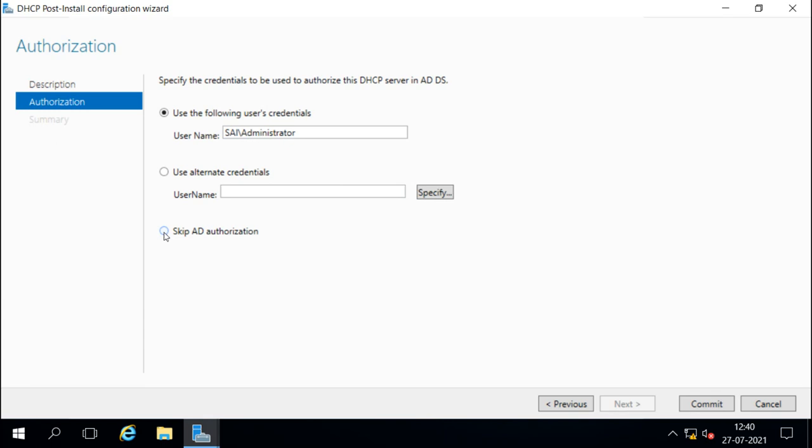If there are no Active Directory services available and we are configuring a standalone DHCP server, then we can skip this authorization. But right now we are a member of this domain and logged in as a domain administrator, so we can use this account and make this server authorized. So I will select Commit.